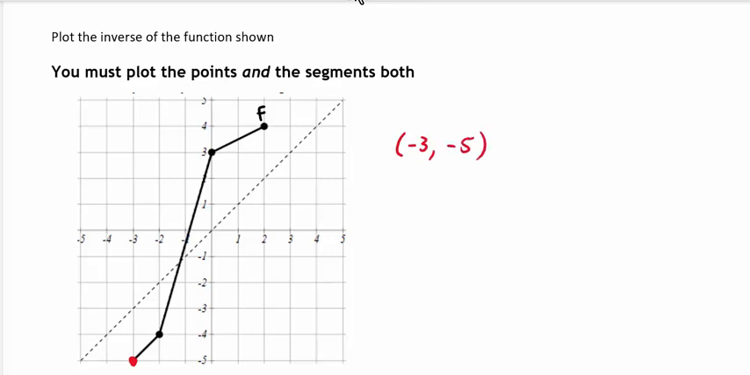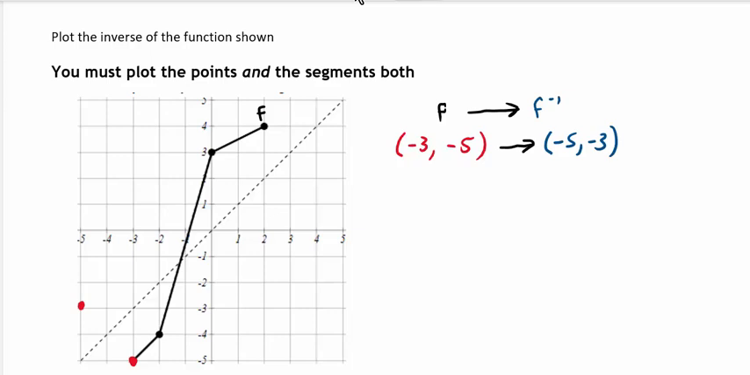What I can do to get from a point on f to a point on f inverse is to simply interchange the coordinates. So make the point -3, -5, -5, -3 instead. So plotting the point -5, -3, that would be right here. Even though this function has infinitely many points, it'll be sufficient for me to repeat this process for just a